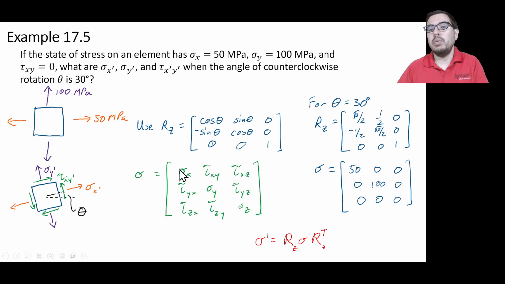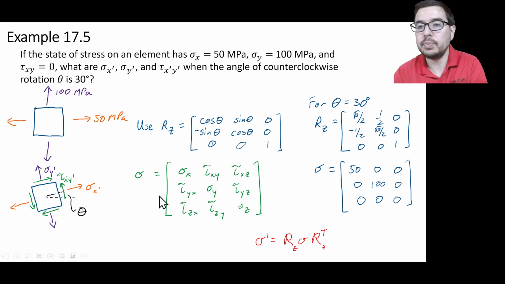Let's look at an example. If you were given sigma x equals 50 megapascals, sigma y equals 100 megapascals, and tau xy is equal to 0. So this is different than that question 4 that we just covered using a think method. You have a rotation about z that is 30 degrees. So this is a z rotation